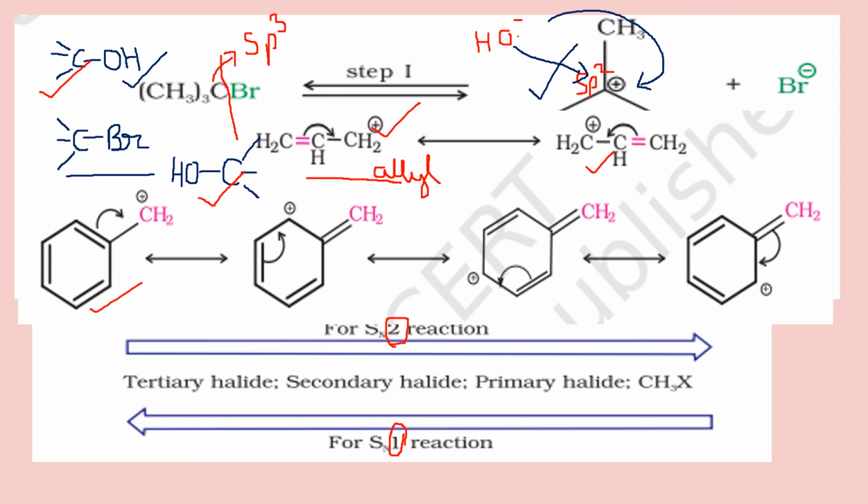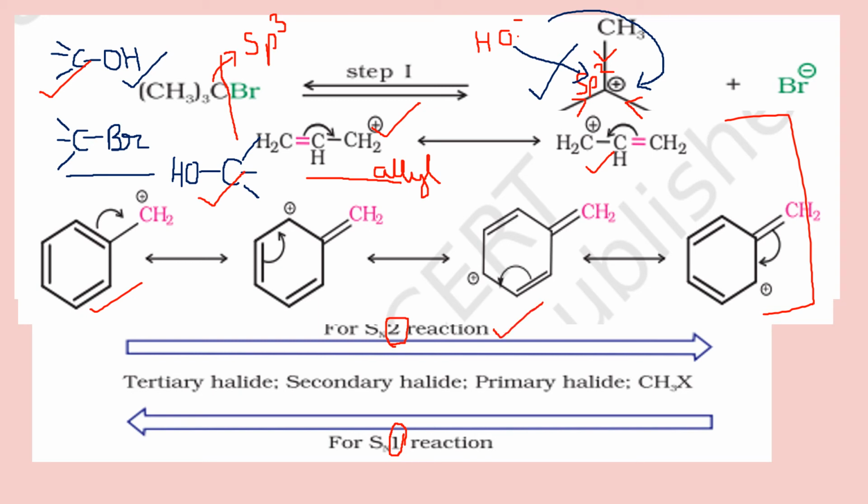So such carbocations and tertiary carbocations, because there are 3 R groups in tertiary and R groups are electron donating groups. So because of their plus I effect, the 3 R groups are giving stability to the carbocation. So if you have such type of carbocations, they will definitely prefer this mechanism, which is SN1 mechanism. And if I write the order again for SN1 mechanism, it would be just opposite of SN2 that we have seen in the previous slides.